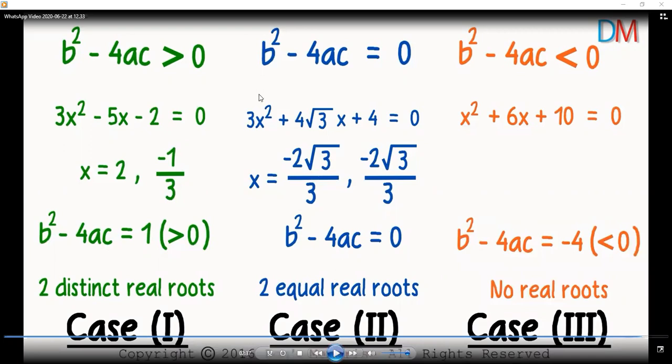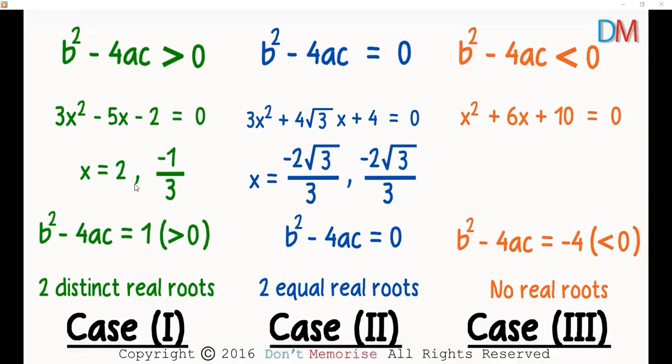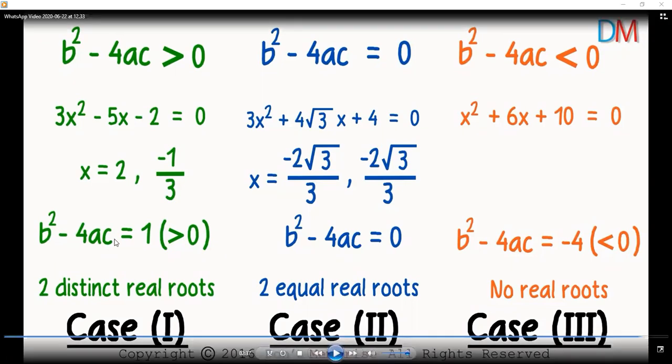Okay, I hope you understand the concept that we have three conditions: if b squared minus 4ac is greater than 0, then what will the roots be? The roots will be two distinct real roots. How will you find the distinct real roots? After finding b squared minus 4ac, you have to put it in the quadratic formula, then you will find these